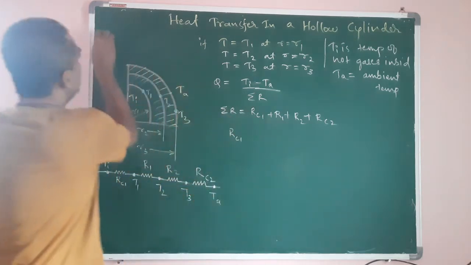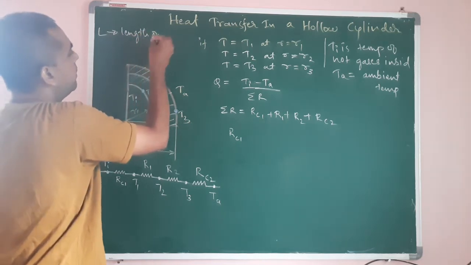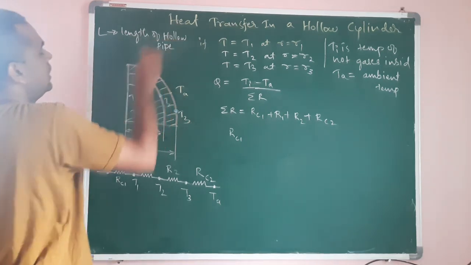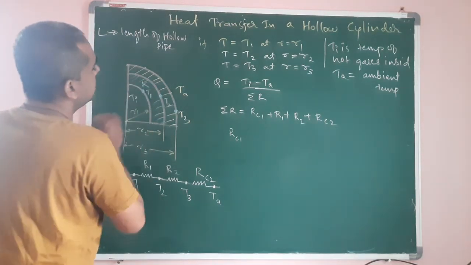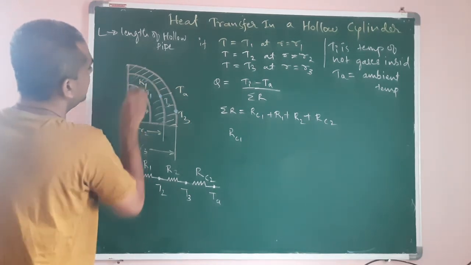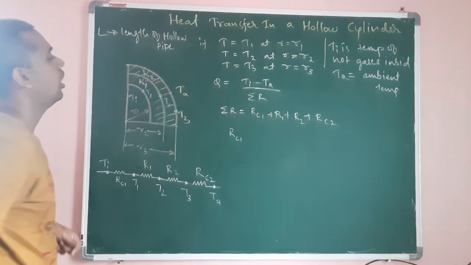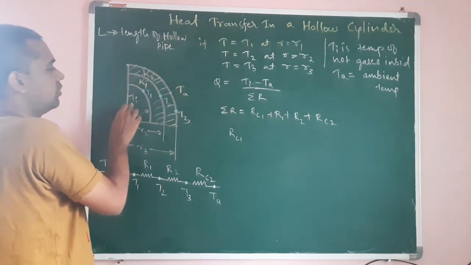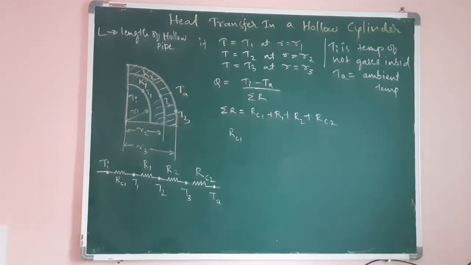RC1, if L is the length of the hollow cylinder or hollow pipe, and if K1 is the thermal conductivity of the first layer of the hollow pipe, and K2 is the thermal conductivity of the second layer of the hollow pipe, and there is convection heat transfer from hot gases to T1. For that convection heat transfer,